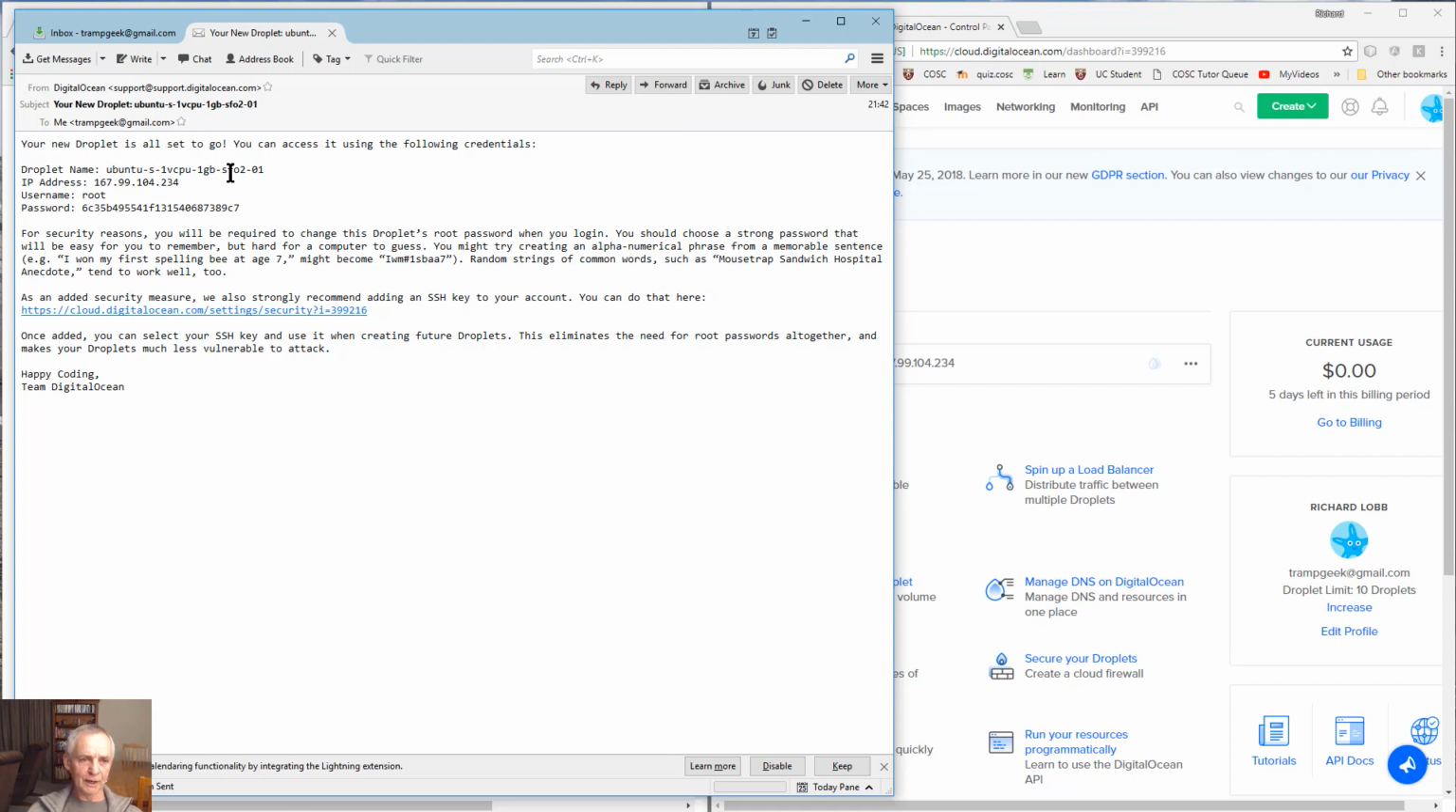Droplet name, that horrible mess. You probably want to give yours a better name, right? Call it Jobe or something. And the key things I really need to know are the IP address and the username's root and this horrible long password. Now in order to access this new server that's now sitting out there on the web, I need